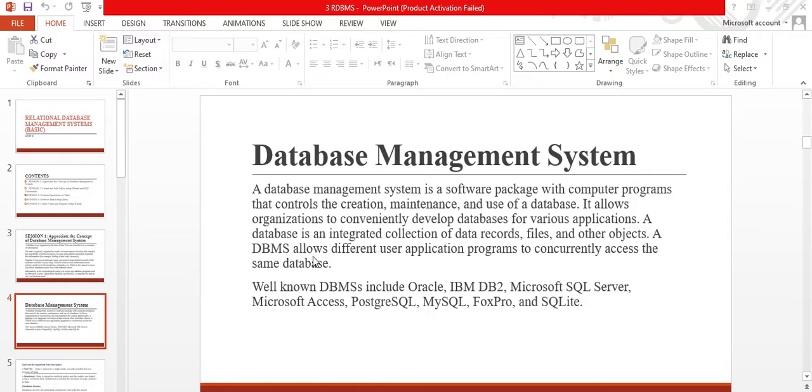A DBMS allows different user application programs to concurrently access the same database. Well-known DBMS include Oracle, IBM DB2, Microsoft SQL Server, Microsoft Access, PostgreSQL, MySQL, FoxPro, and SQLite.